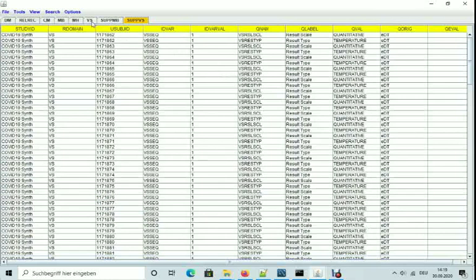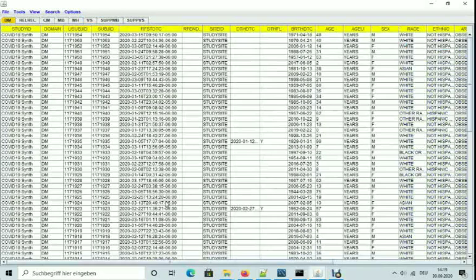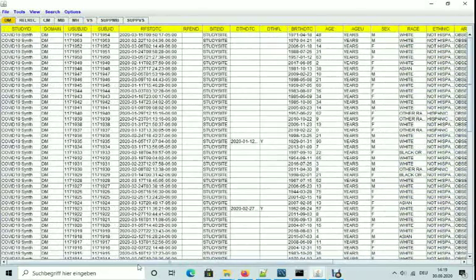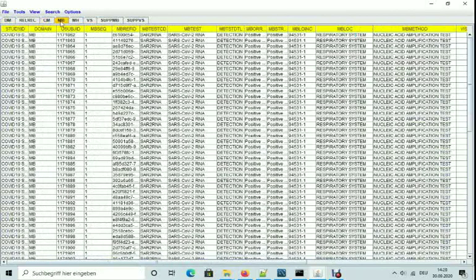But if we go to the VS dataset, we also see that the supplemental qualifiers can be visualized as additional columns. And here is the DM dataset. And the CM dataset. And here is the MB dataset,